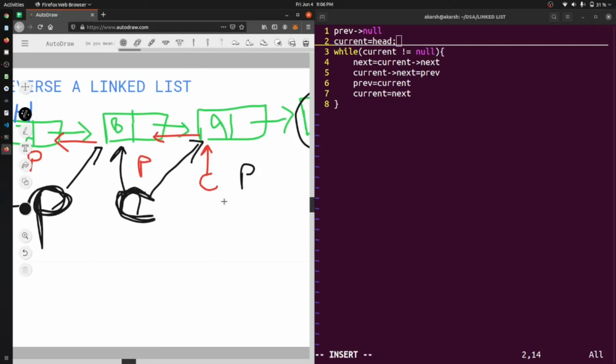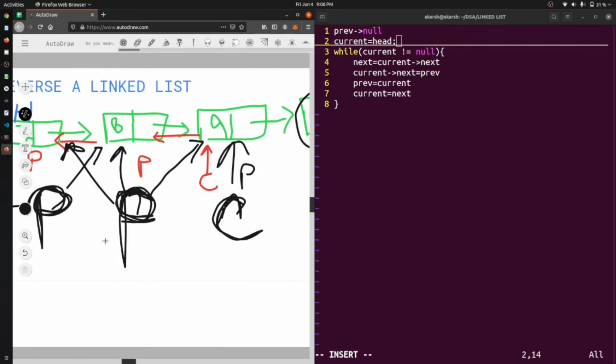So this will become next. Okay, and now current dot next will become previous, the last element. So it will point at this point 7. Okay, and now this C will be converted to previous, and this next will be converted to current.